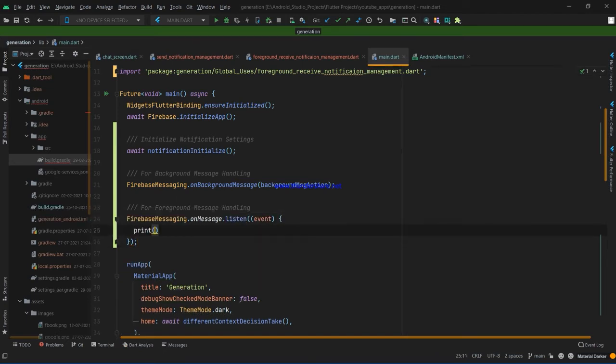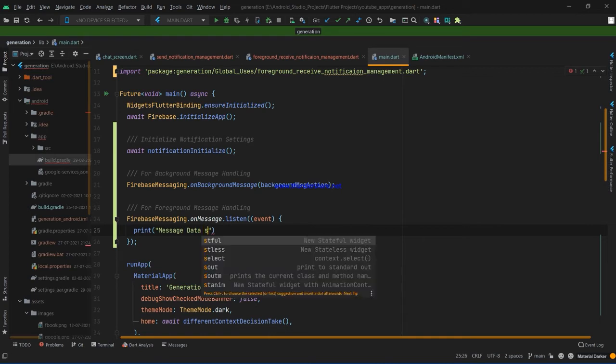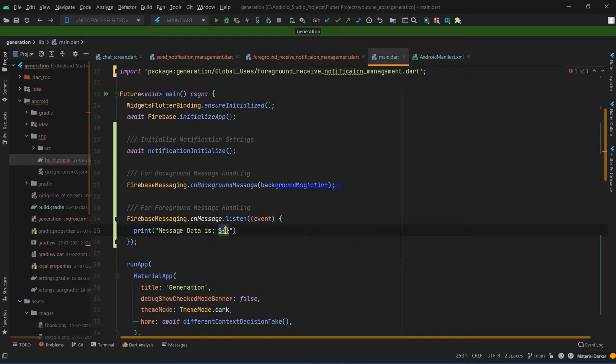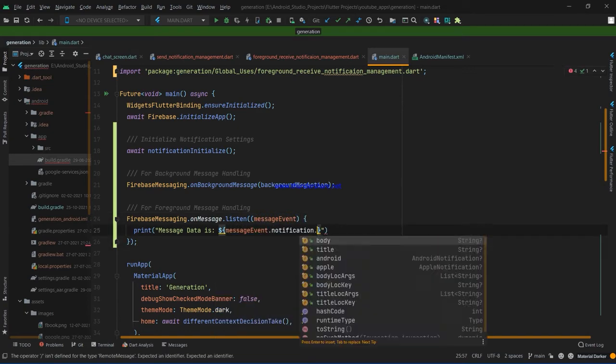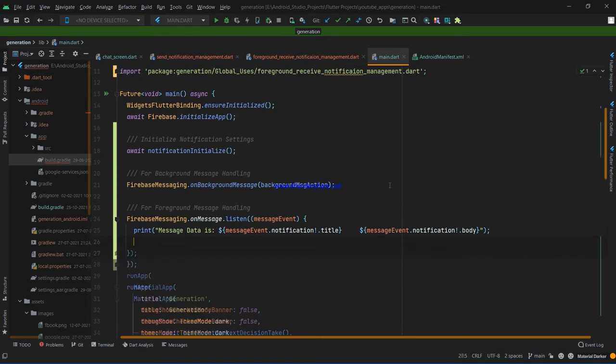So for debugging purposes I use message data is, and I changed its name because this is associated with the message. So now we have to show the message, so receive and show notification initialization.